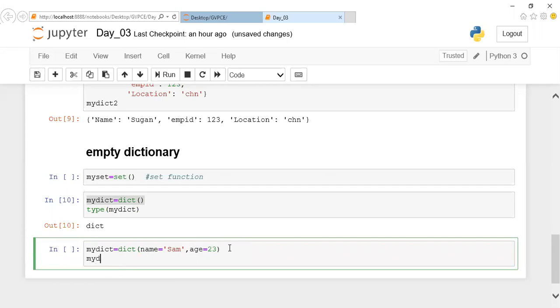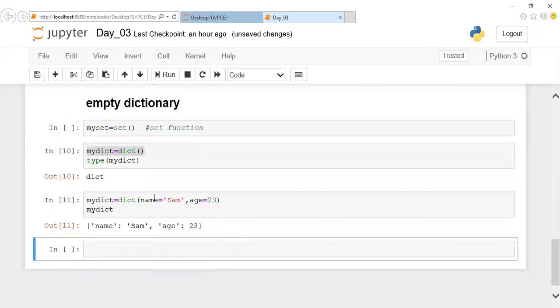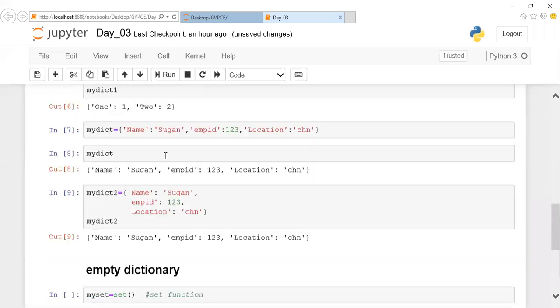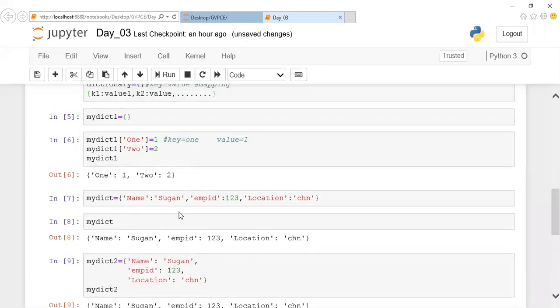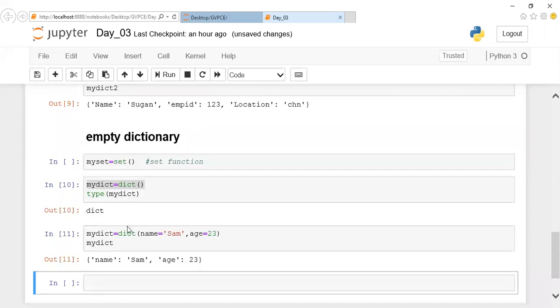You people might have a doubt. Here this name is a string type, but I didn't give any single quotes. Could you notice here? Previously, if I'm giving a name, I'm giving it in single quotes, and Sam in single quotes. Wherever a string is there, I have given it in single quotes. You can notice here also. But in this method, when I'm using this dict, I'll never use single quotes here.